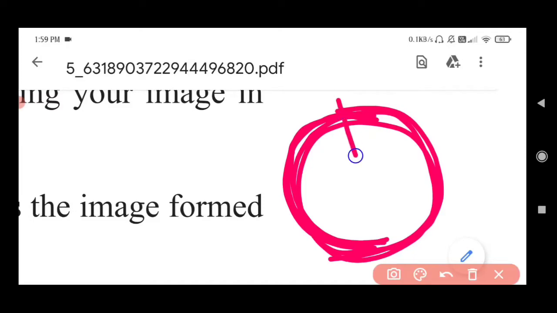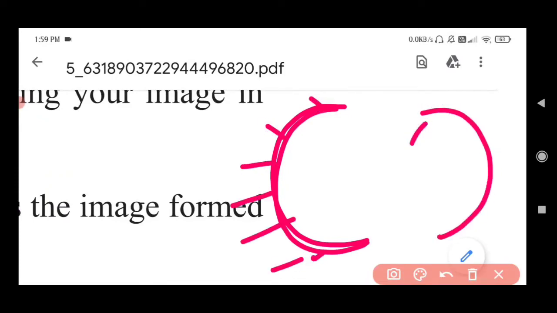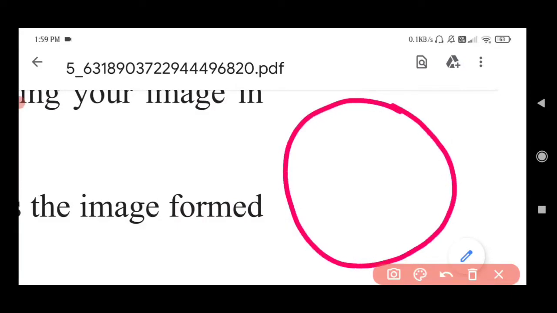But if I cut the spherical mirror at the center and make it two different halves, like semi-spherical, so I can say these are the part of the spherical mirror. So I can say this concave mirror or your convex mirror are the part of the spherical mirrors only. See, suppose I have taken a ball. Imagine that you have a ball, the ball with which you play cricket, right? So that ball you have, and I'm cutting the ball at the center and dividing this ball into two halves.